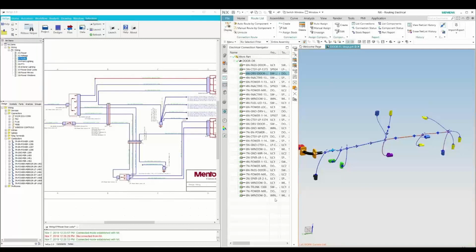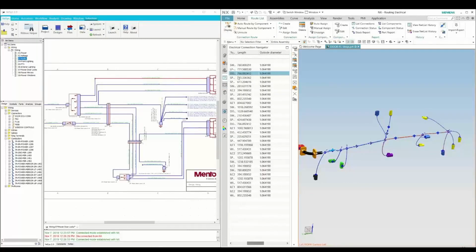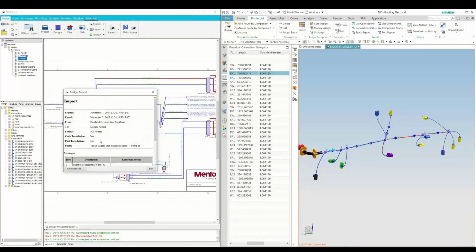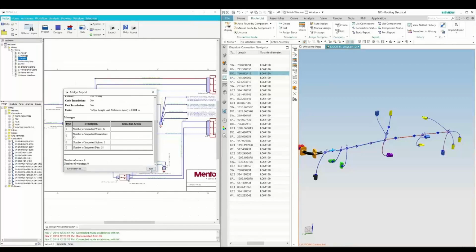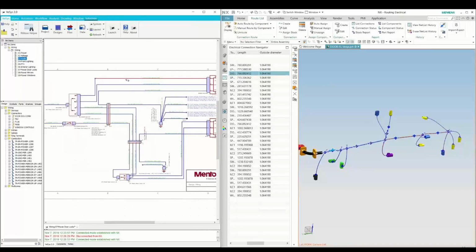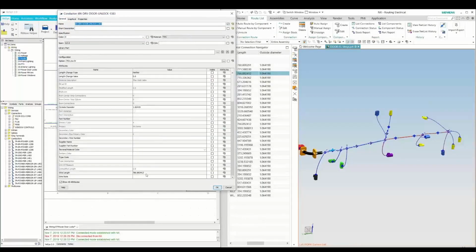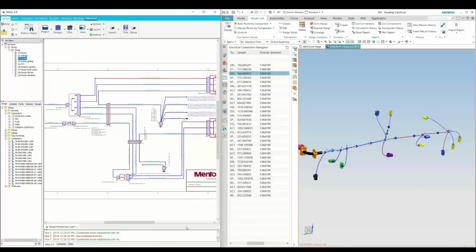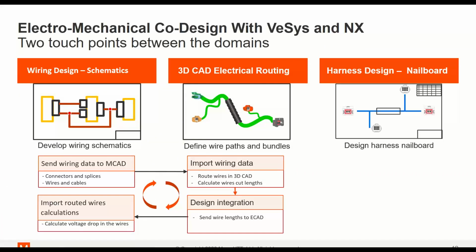Now, we're going to send the information, the wire lengths calculated by the mechanical team, to the electrical team. Once the import is done, we can see all the information is brought over into the schematics. If you click any wire, you'll notice the wire length is added to the design. This is the first part of the workflow.